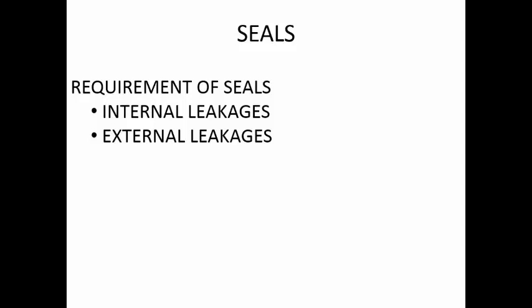Now, why do we consider external leakages more dangerous? There are several factors. Number one, when you have external leakage, the fluid is going out of the system, which means the fluid is coming in contact with the atmosphere. So that fluid is actually lost. You cannot reuse that particular fluid because it has gone into the atmosphere. It is getting dust and other things. So we cannot reuse that particular fluid.